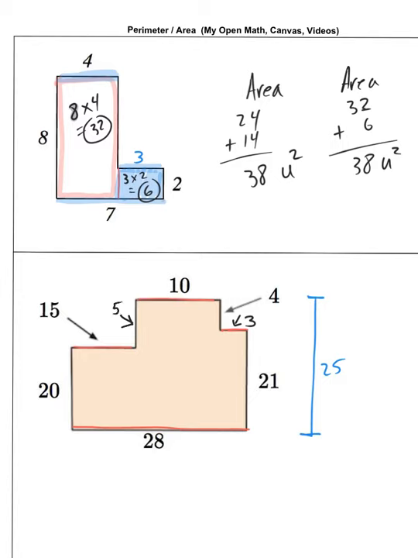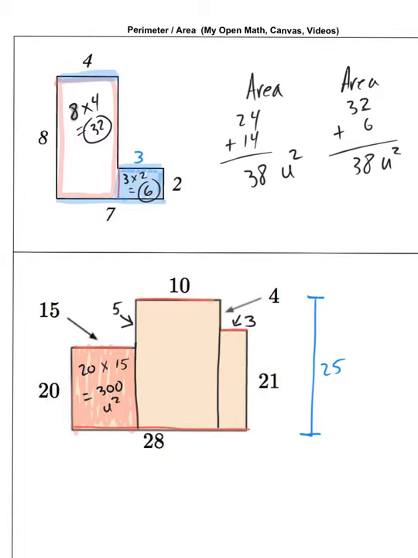Now, the only way that we can split this up is to draw in vertical lines here and here. Okay, so now I can find the dimensions of this rectangle on the left. All right, that is a 20 by 15. So that's a 20 by 15. So that is going to give us 300